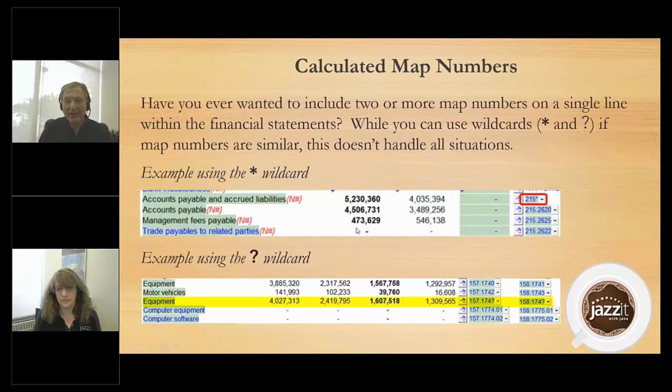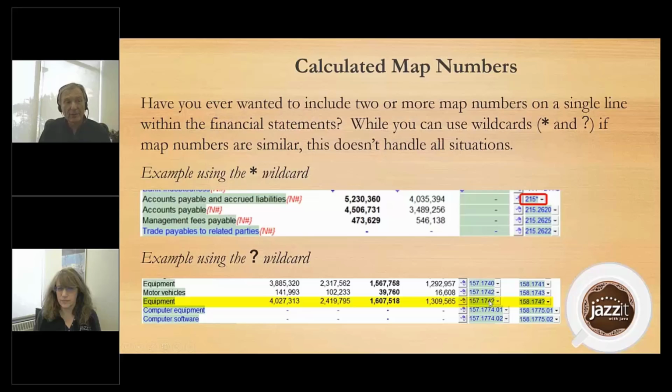Now, I may actually have a couple of other items in there because I think it pretty much adds up to that. But that's the problem with the star, is anybody in that range is going to be included on that line, and sometimes we don't want some of those items. So below we have the question mark. So question mark means I'm being very specific, but that particular digit, I don't care what goes in it. So in here, we would have all the map numbers that start with